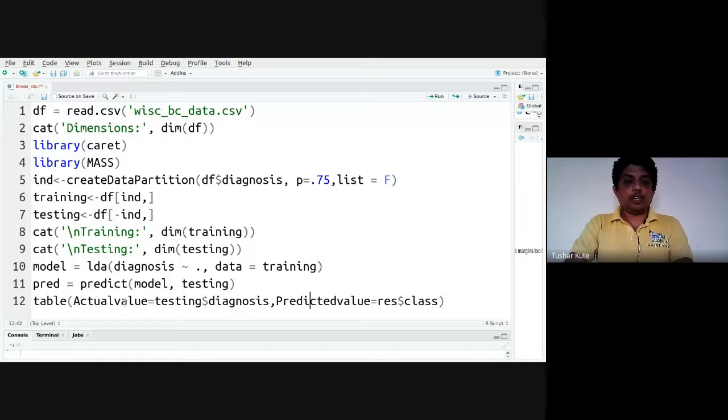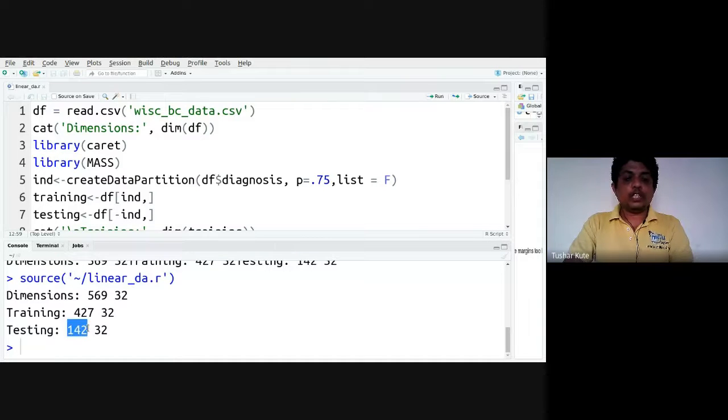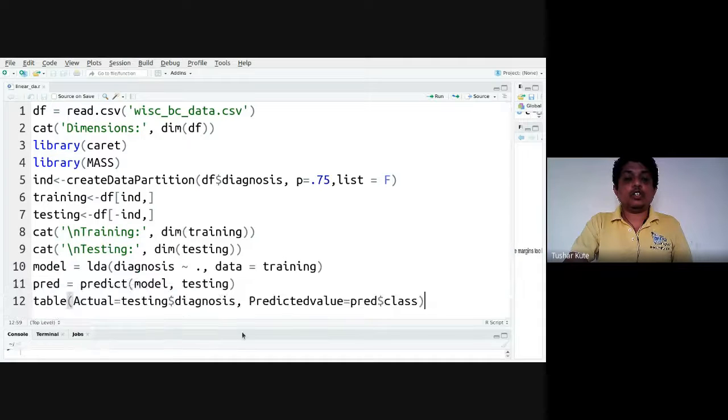Finally, we'll create a table of this, that is the confusion matrix. The actual value is testing diagnosis, and the predicted value is pred dollar class. The total entries are 142 in the testing data. I'm applying the model I created to the 142 entries to check whether it's predicting perfectly or not.